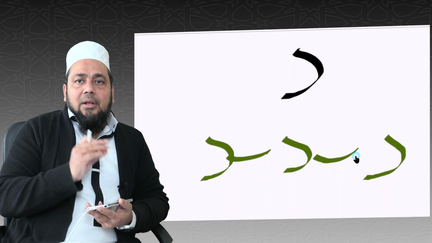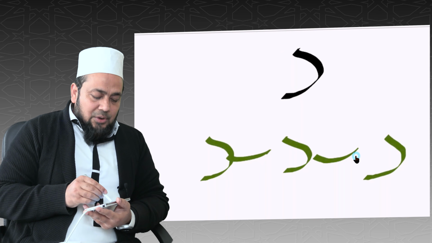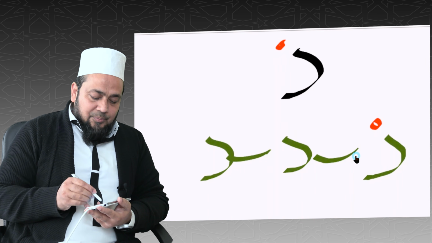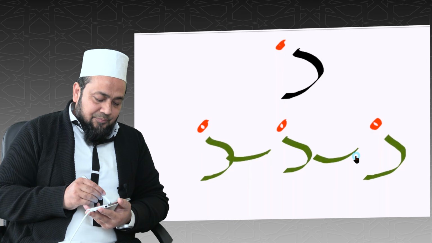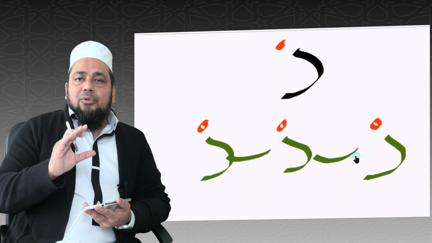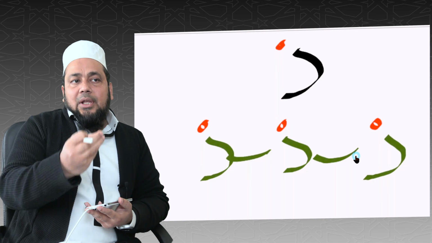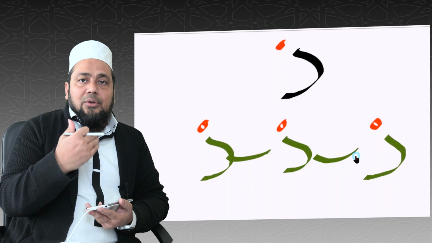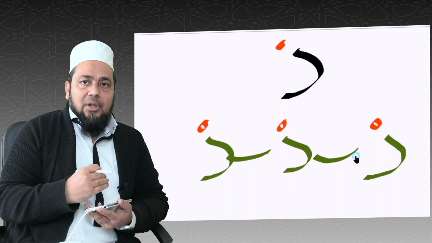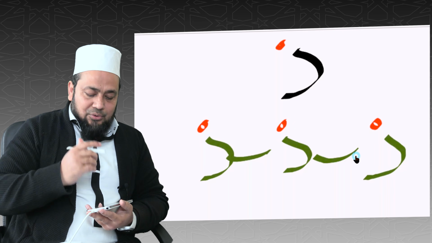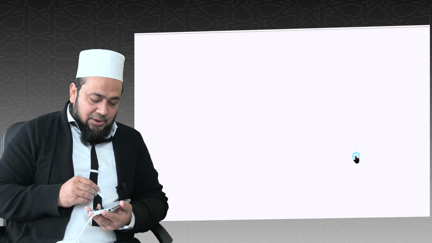Now I will make it Dhal by adding only one dot on the top. So we can see the difference between Dal and Dhal is one dot on the top for Dhal, and for Dal there is no dot. Let's move on to the next letter,